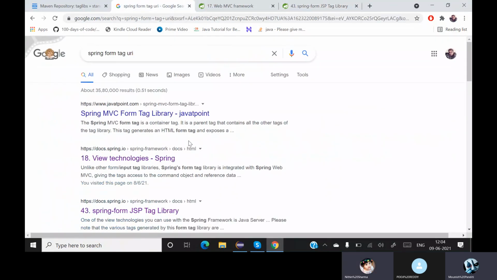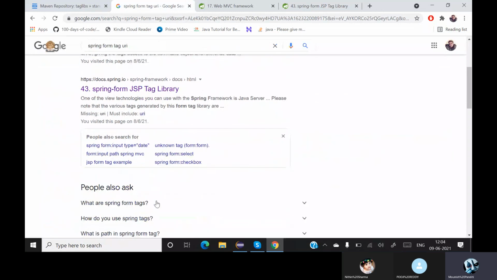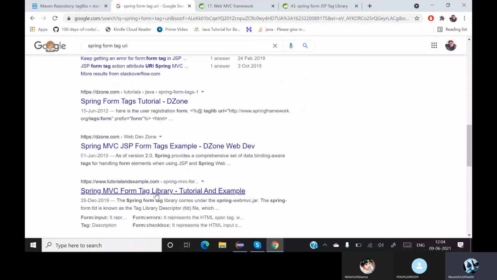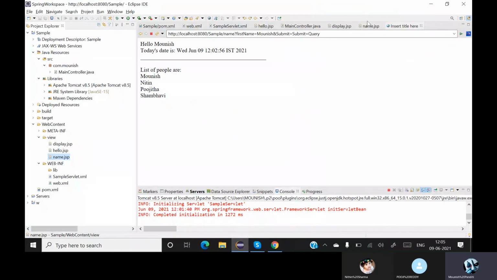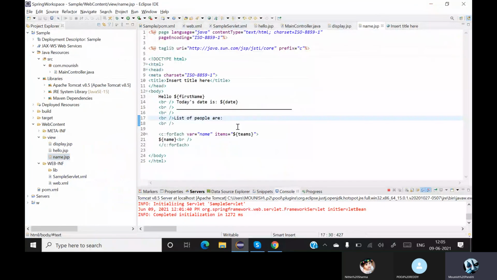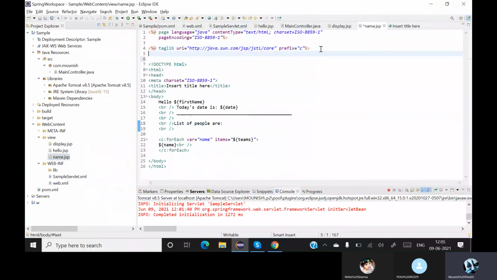Okay, sir. So how do you get the URL for this particular thing? You go to any other website, you will find the URL on the first line itself. Copy this, go to your particular JSP file and paste this. When you paste this, you will basically now can work on forms.